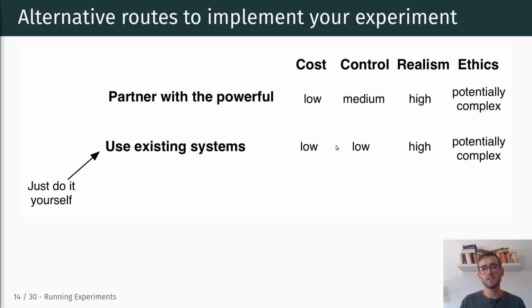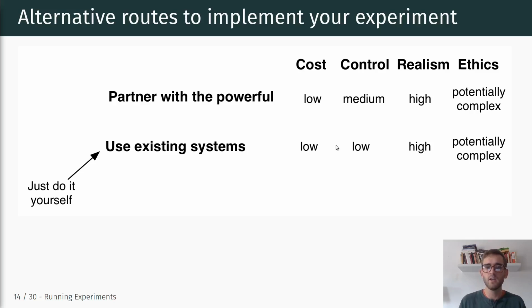So this is using an existing system, using the environment that Twitter provides, and by virtue of doing that, of course the underlying costs are incredibly low, right? But at the same time, there's a little bit less control. There are a lot of constraints on what type of treatment you can actually administer, how you can administer it, and things like that, right? So control is obviously lower.